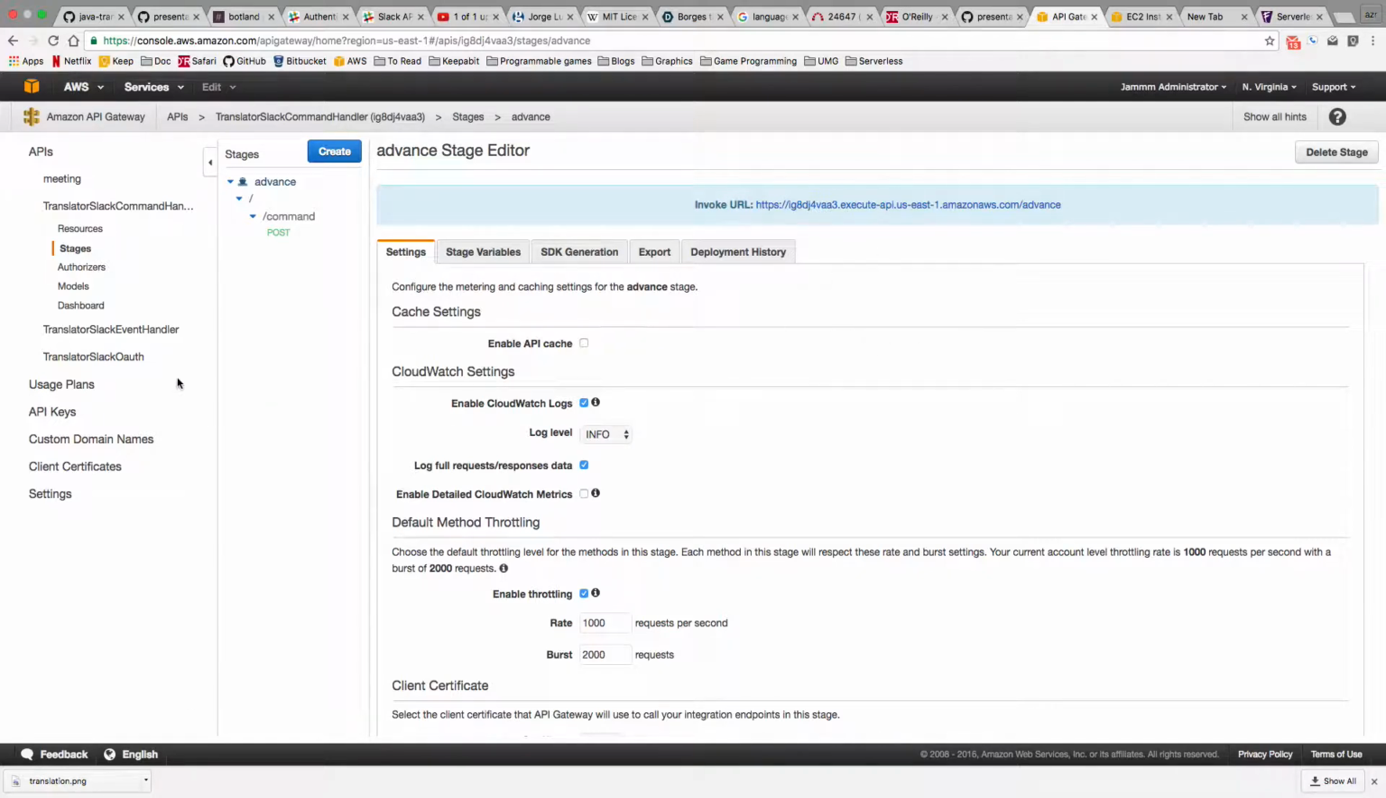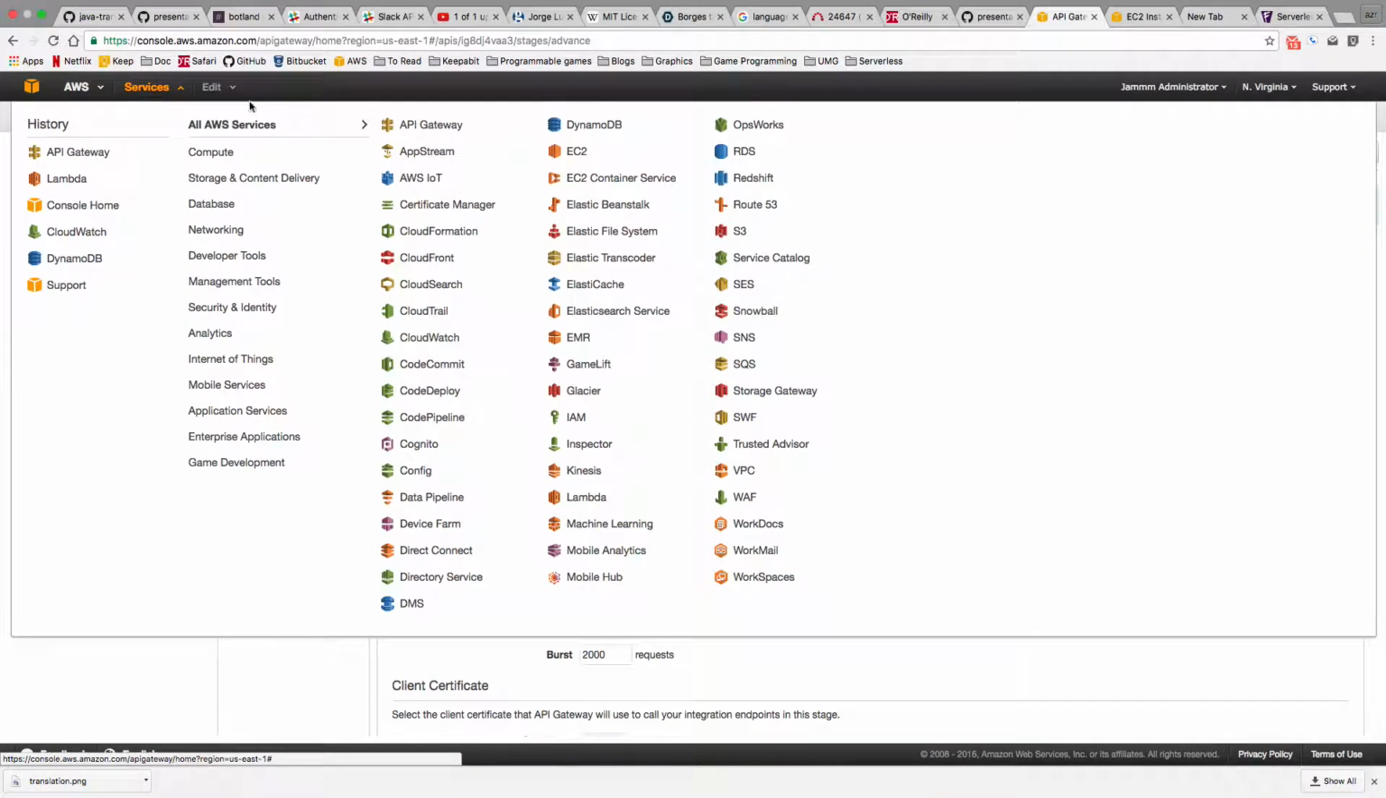So that's how that works. This is just sitting there as a REST-ish API that is accepting commands, passing them on to Lambda, and then passing back the results. How do you see actual log data? I can go over to CloudWatch